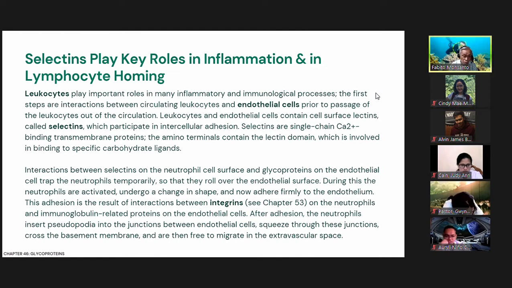And in doing so, the neutrophils are activated and change in shape and adhere firmly to the endothelium. This adhesion results from an interaction between integrins